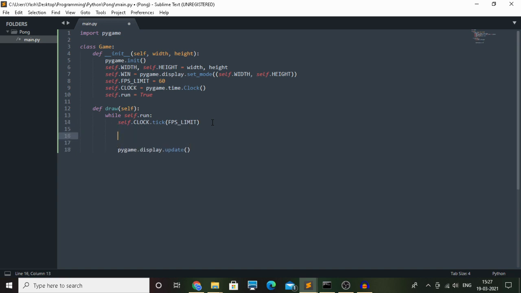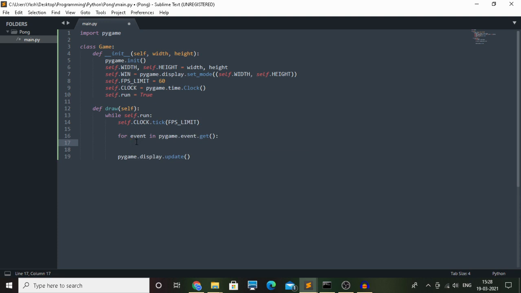Pygame works on some events like quitting, closing, pressing a key, clicking the mouse, and when that event is called we can do something. So for this we basically have to do for event in pygame.event.get. pygame.event.get gets the current events which are in the queue.